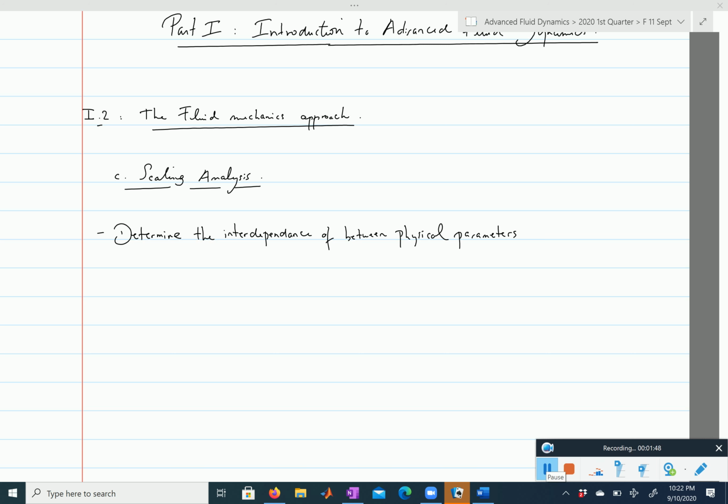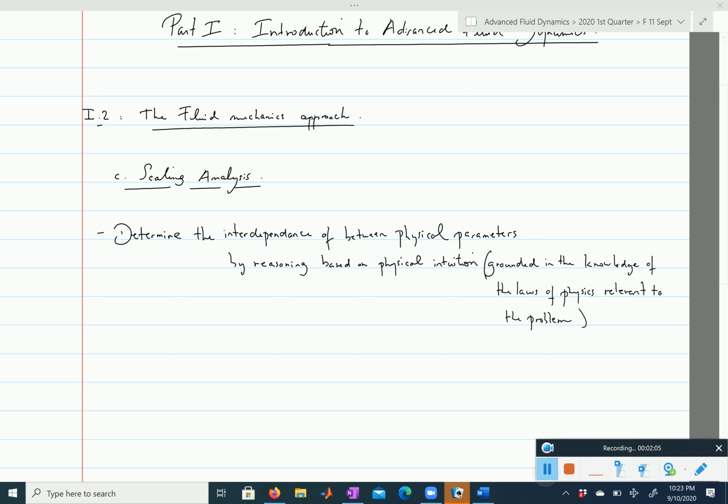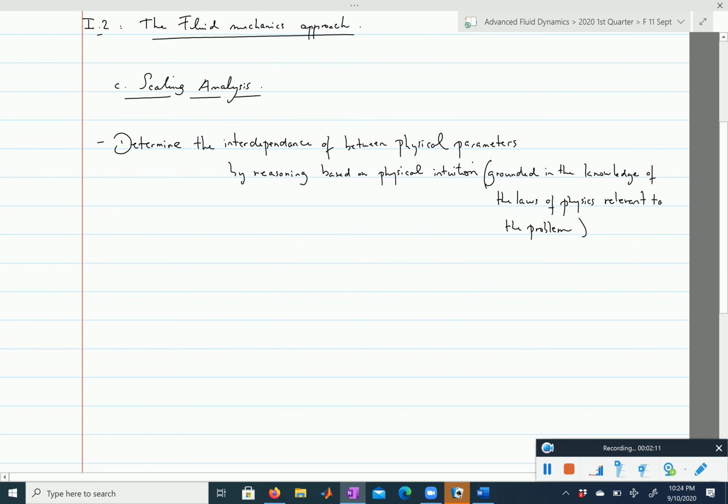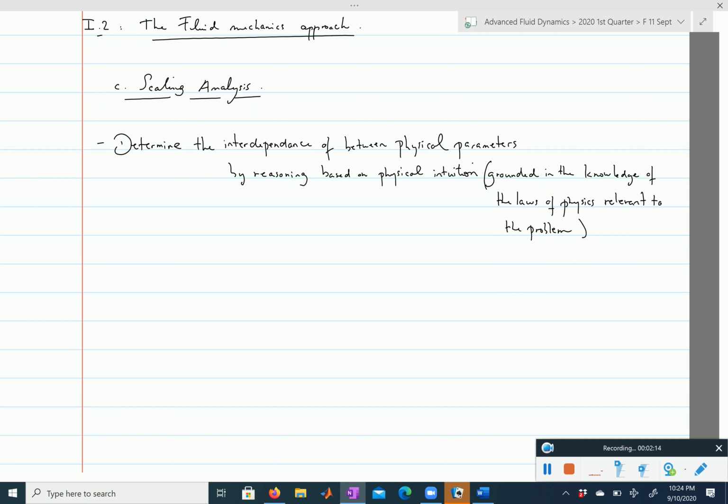So determining the interdependence between those physical parameters by reasoning based on physical intuition, and that physical intuition is often grounded in knowledge of the relevant laws of physics. Okay, so this may sound a little bit abstract, so let's take the same example as the one we